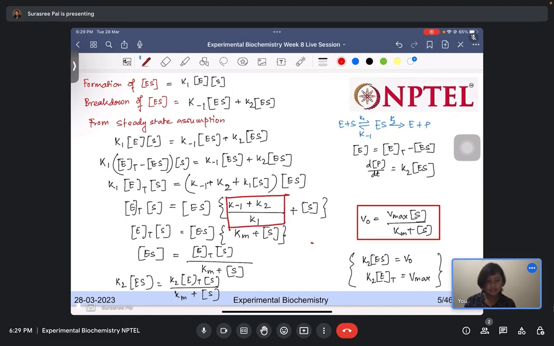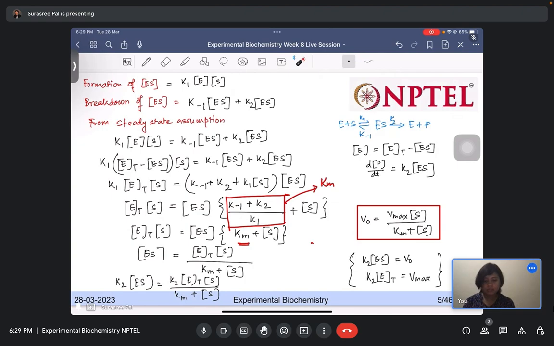So in place of K minus 1 plus K2 by K1, we write Km. In the next step we take this to the left hand side: ET into S equals ES into Km plus S,